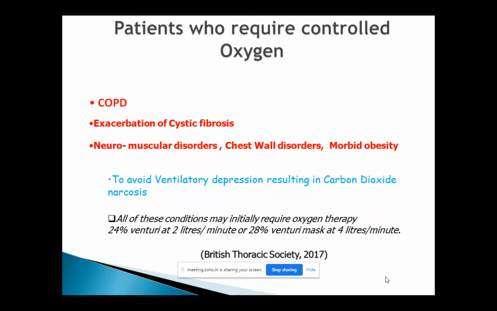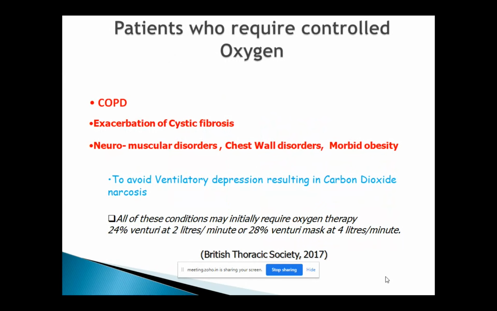So, which type of patients are we talking about who require controlled oxygen, which is the Venturi devices we talked about. Controlled oxygen means, again, I would like to explain this: you should be able to tell how much flow you are giving, and how much percentage of oxygen the patient is achieving. Okay, so the patients who need to be on controlled oxygen, which is a fixed oxygen delivery system, are COPD,